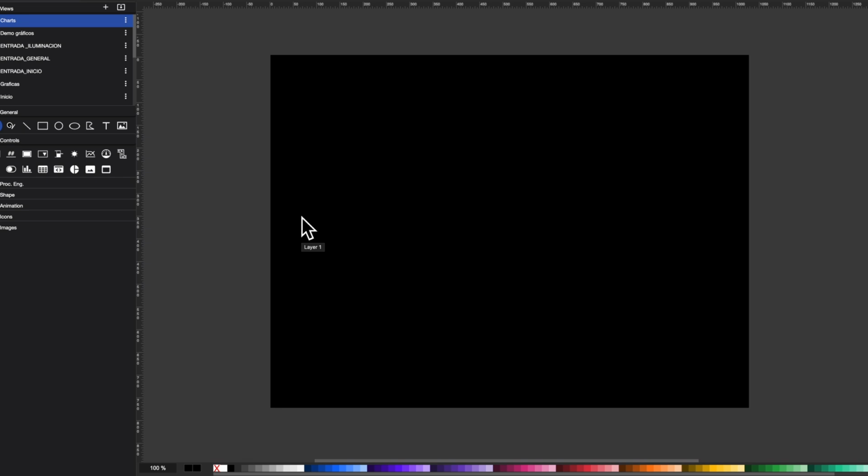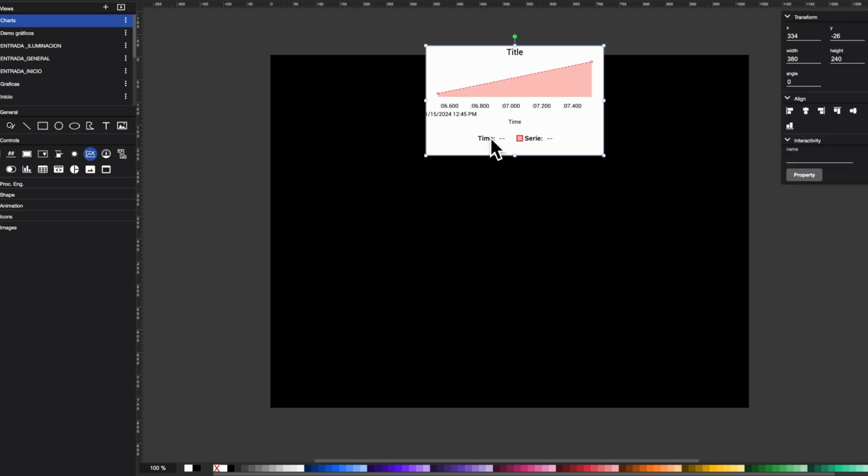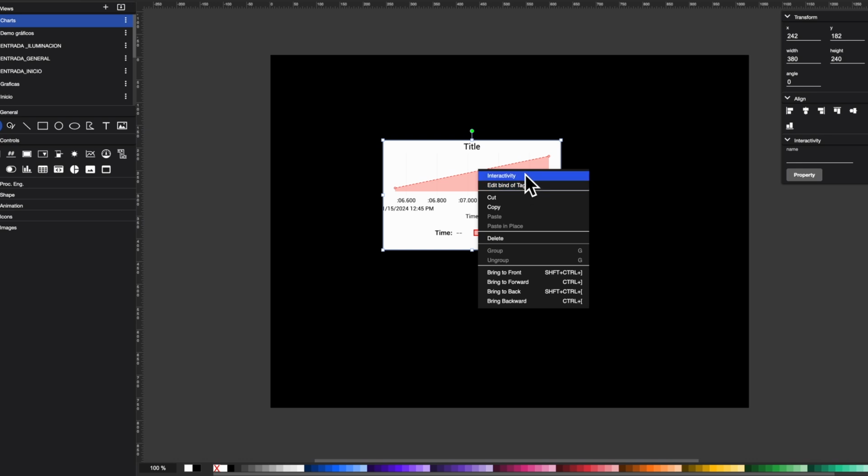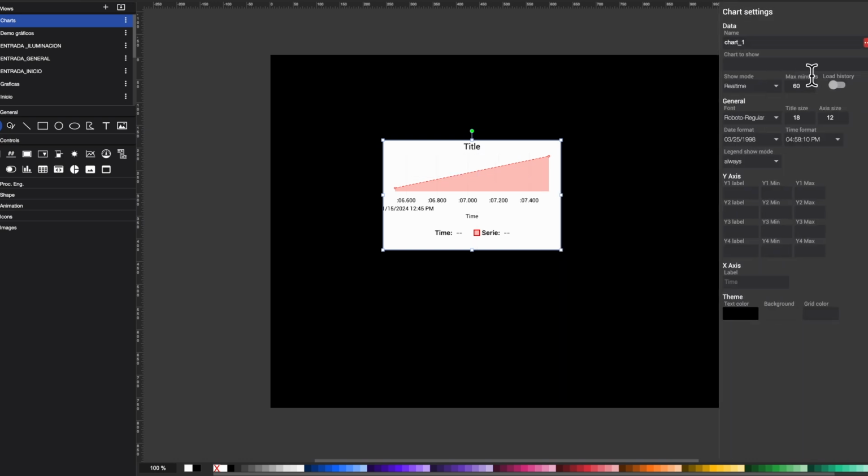Today, we're going to show you how easy it is to create both historical and real-time charts in our Adquio SCADA server, or Adquio SCADA Cloud tool. To do this, we'll go to the line chart, drag it into our canvas, and open its properties, which will appear on the right-hand side, allowing us to start